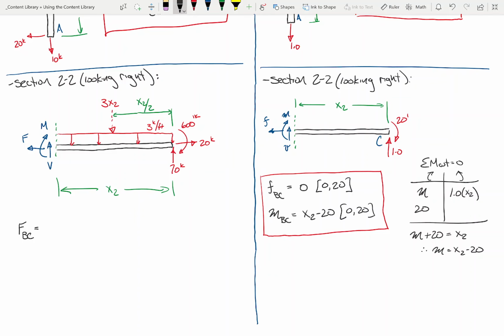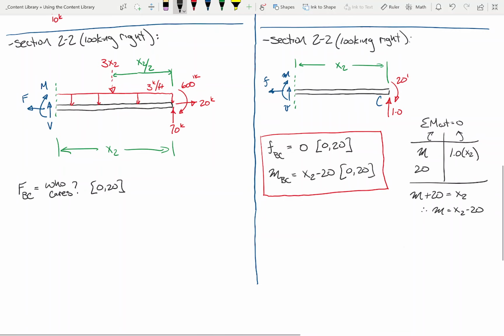So, what is FBC? It's minus 20, but I have a different answer. Why do I say that? Because it's 0. Because this is 0, right? It doesn't matter, right? I'll put the limit on it, it doesn't matter. Okay. So for the moment, we got a little bit more work to do. This one's going to be a little bit on the, I'll say, nastier side.